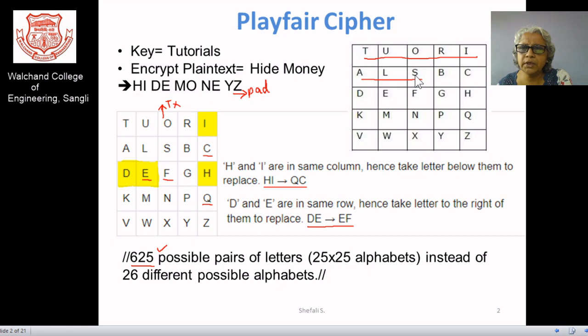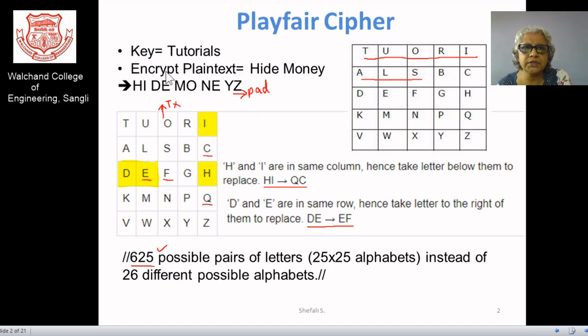Now the rest of the grid you can arrange with the remaining letters. Say A is there, but A is already covered, so we go for B and then C, D, and then you can cover up the elements here. Earlier we have seen that I and J come together. Here, as I is already available in the key, we just discard J. If it comes, then we'll check what will happen. So we have a slight freedom. This is the question given to you.